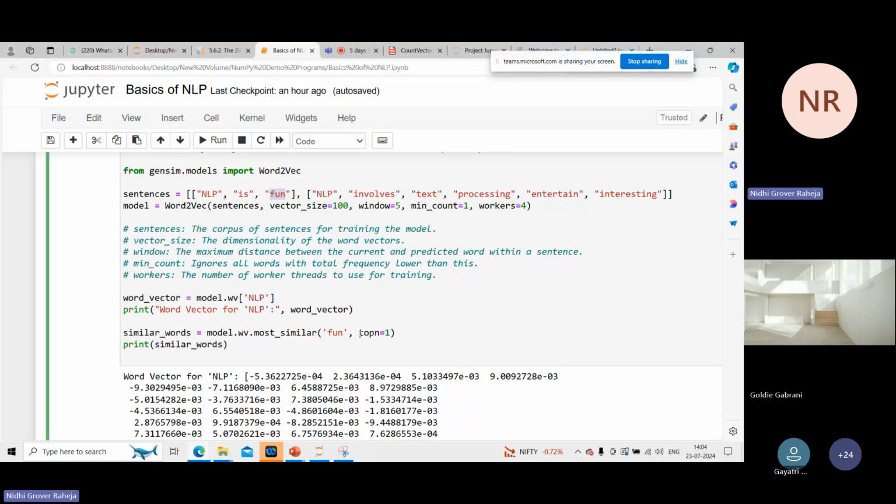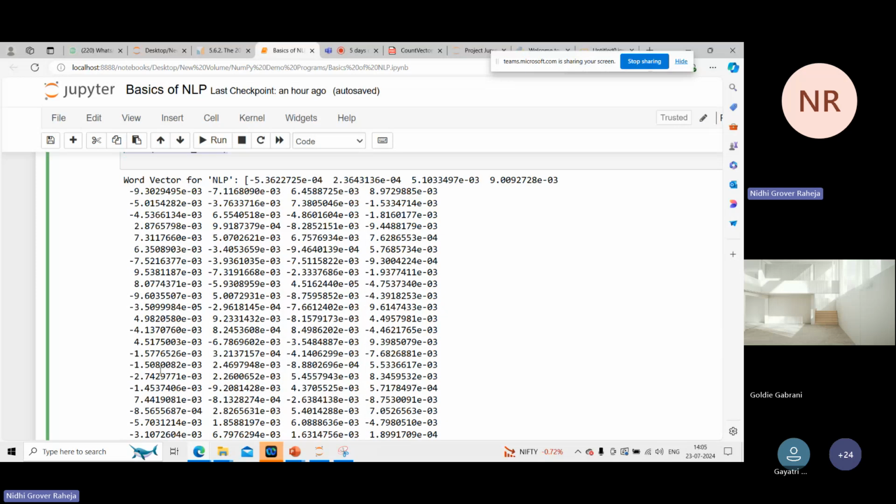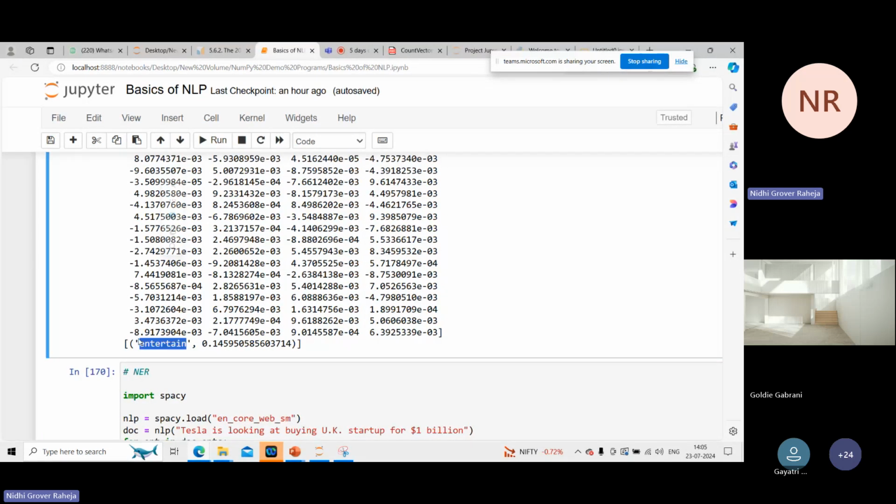And top n means how many values similar to it you want to find. I just want to find one word. You can give it two, you can give it three. It will keep on finding the most similar and important words compared to this word, fun. When I run this and print the similar word, see what exact word I'm getting. I'm getting entertain, which is obviously a more similar word to fun. So you can see here the most similar word to fun that I have retrieved is entertain, and the